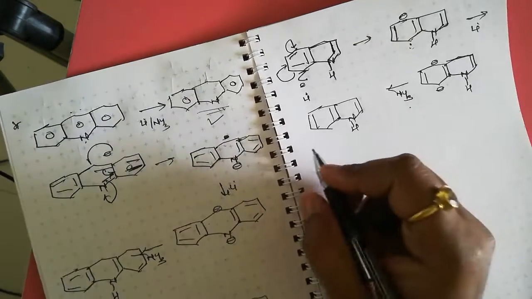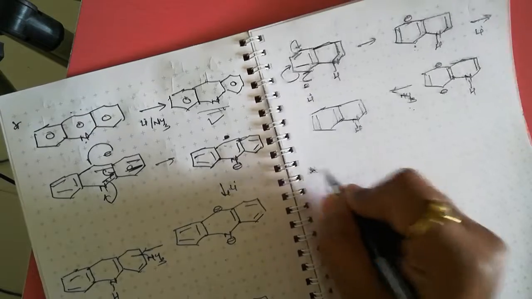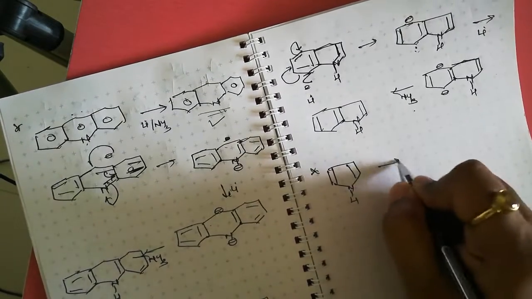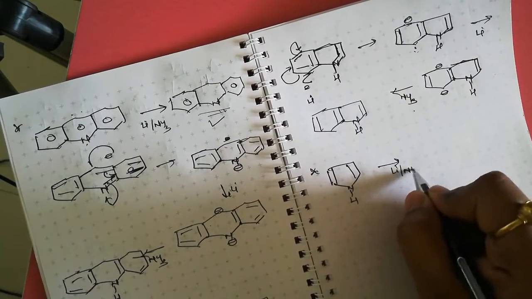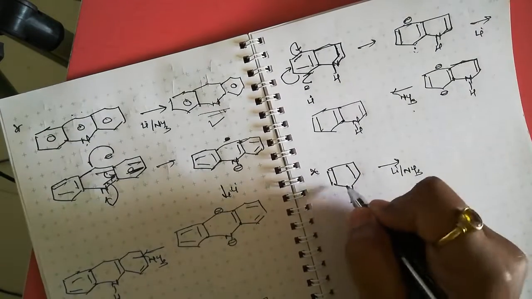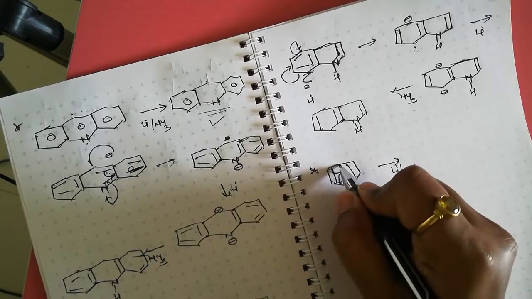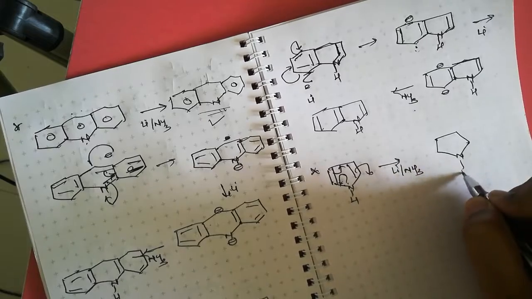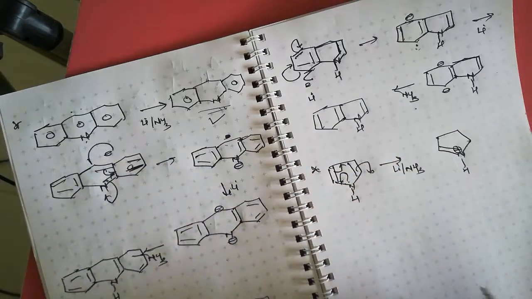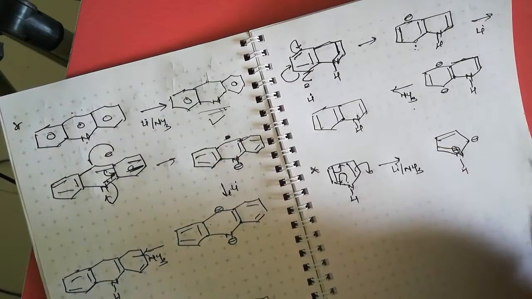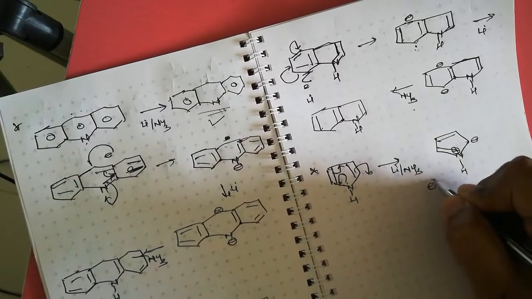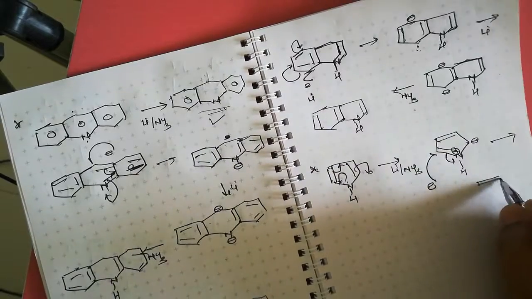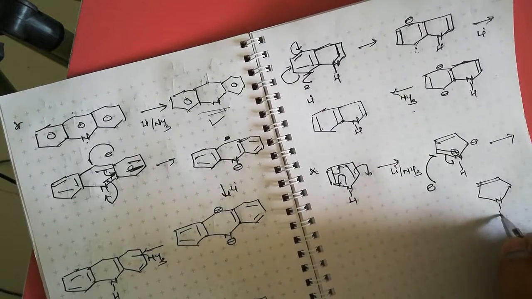Next example is, this system undergoes Birch reduction in the presence of lithium ammonia. What is the product? First the lone pair donates its electron here, this bond shifts here, here negative charge is formed, and we get here nitrogen having positive charge because the lone pair is donated, and here negative charge. The electron transfers from lithium to this second carbon and this bond shifts here and we get here NH, here